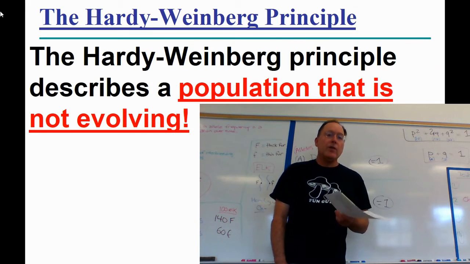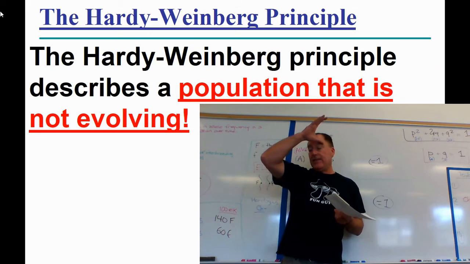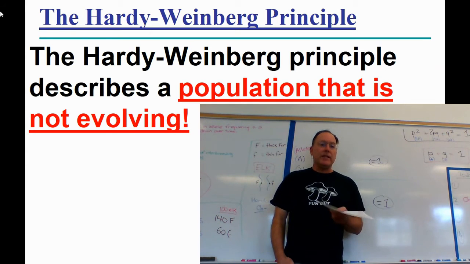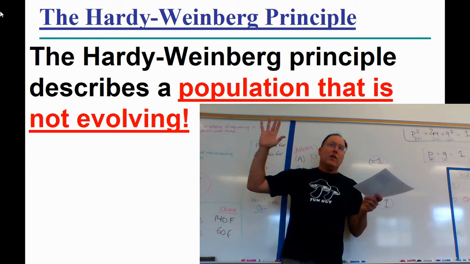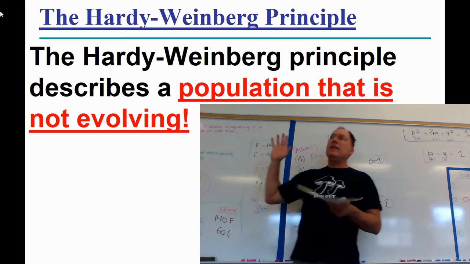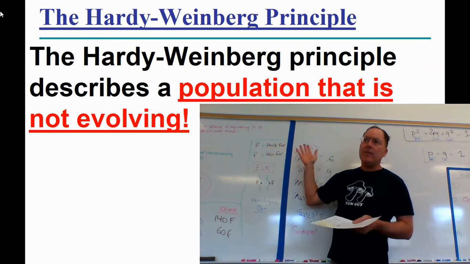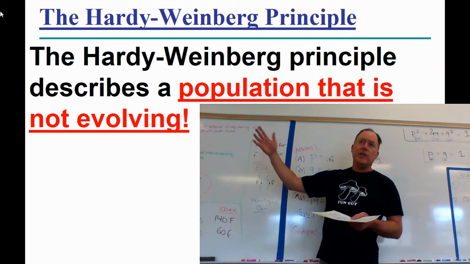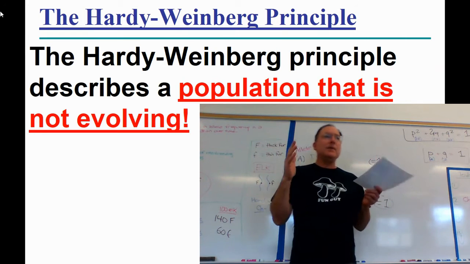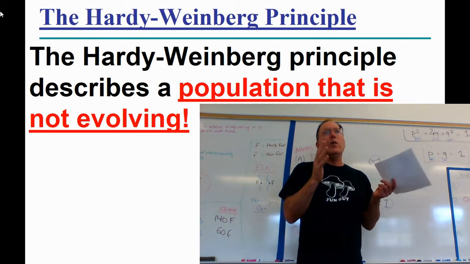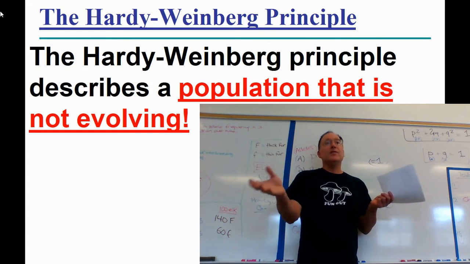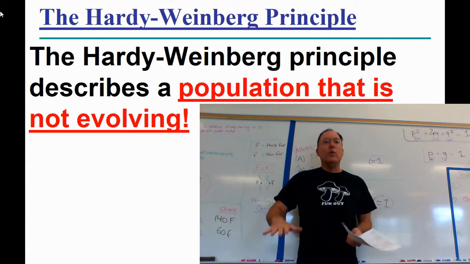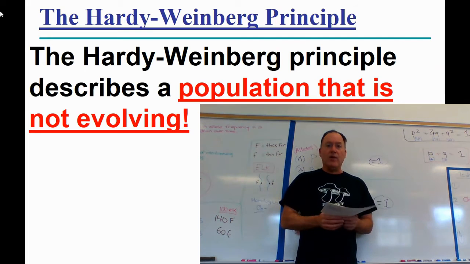So here's the way that we're trying to get at this. It's almost like a null hypothesis in math. The idea is that you could say that a population is evolving, and if the definition of an evolving population is that their allele frequencies change over time, then let's set up a situation where there are no allele frequency changes over time. And if that is violated, by default, we can say that the population has evolved.